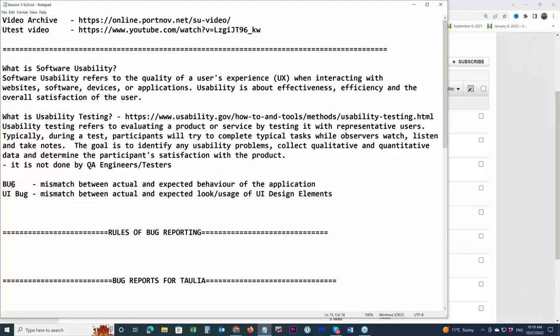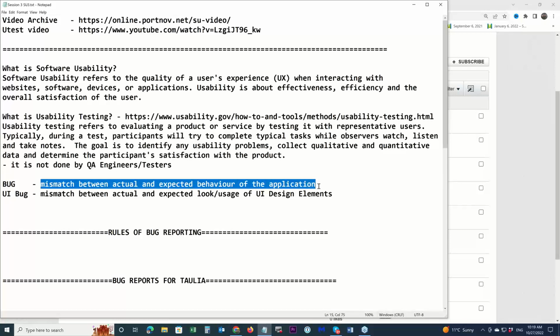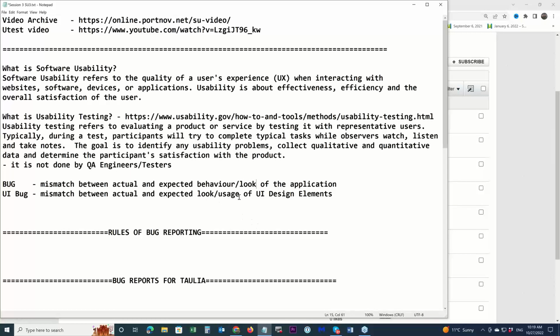Just reminding you guys, bug is a mismatch between actual and expected behavior of the application. Actual and expected. It is not just about behavior, it might be also about a look. If we talk about user interface testing, it's not just behavior.